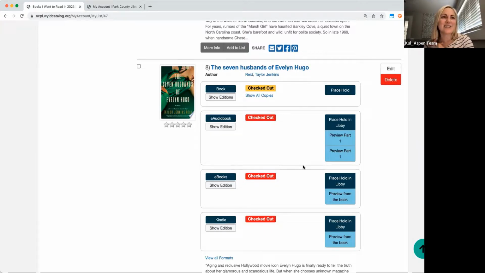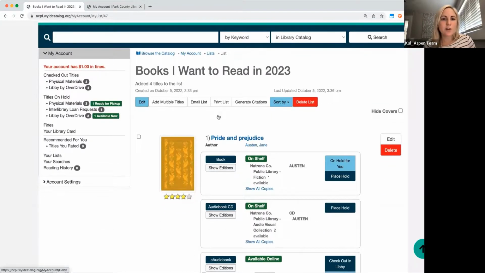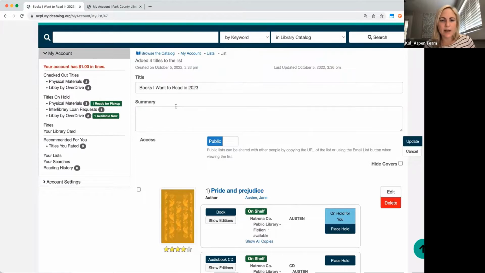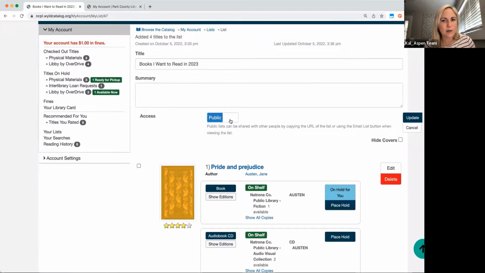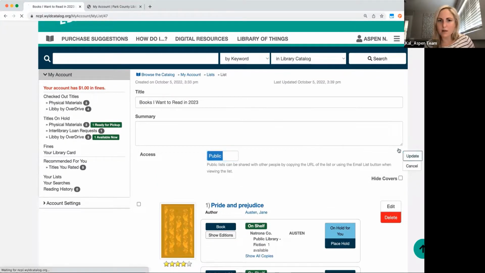Can a list originally created as private be changed to public? Yes. So let's talk about some modifications in lists now that I showed you how to add things in bulk. Users have an option to edit. So if they want to edit, this is the first screen that we started at. If I decide to change it one way or the other, I can do that and click update. Let me make that public again.